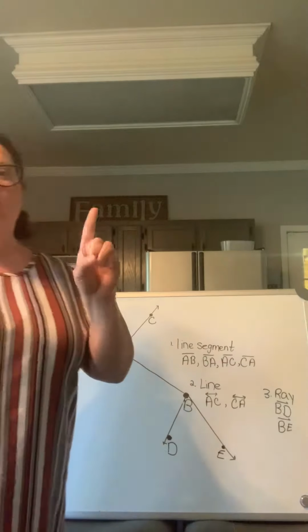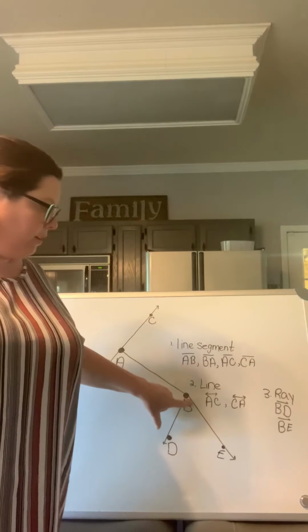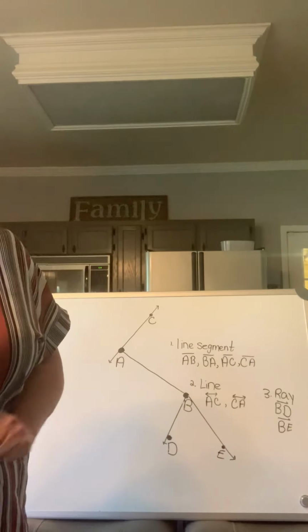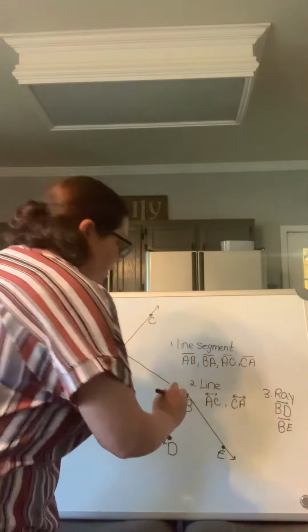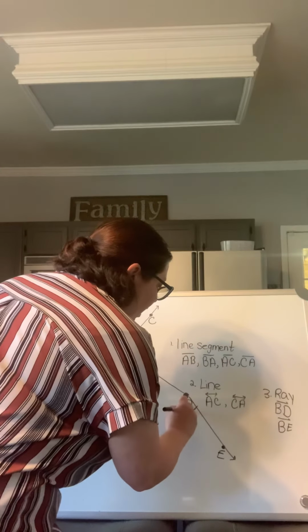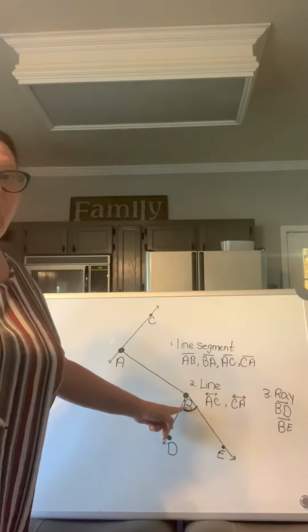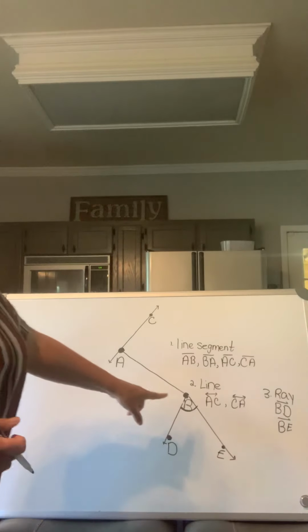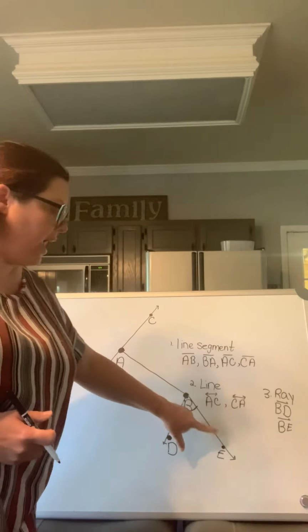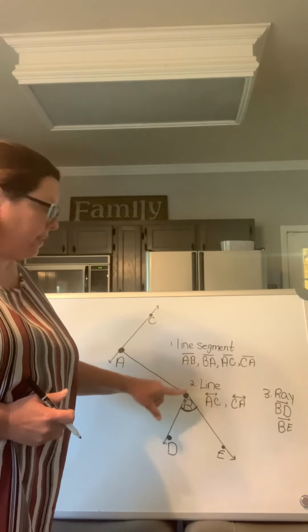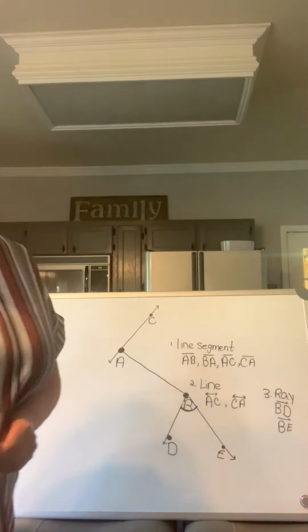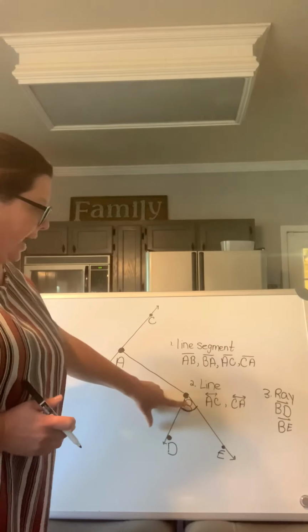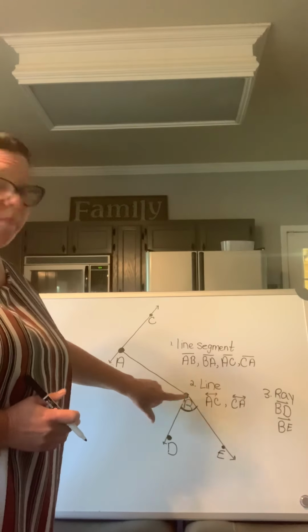in direction D and direction E. Any two rays, ray BD, ray BE, any two rays that are sharing the same endpoint, we create an angle. So right here, when I make this little arc, that is an angle. This arc that I make here, when these two rays have the same endpoint, I can make an angle. And we can call that angle, where the angle is, that has to be your middle letter. So it's angle